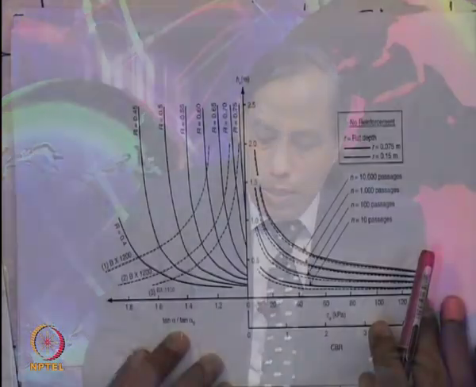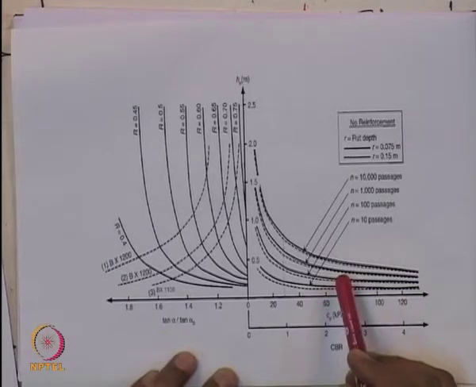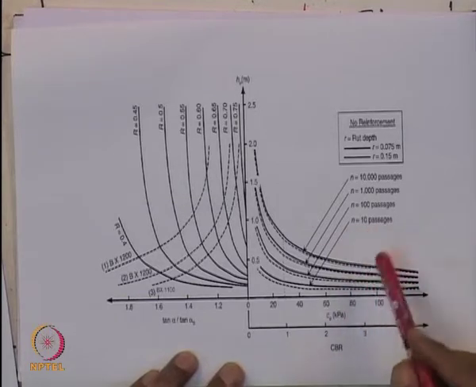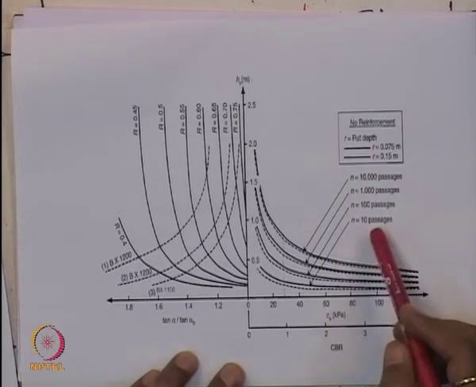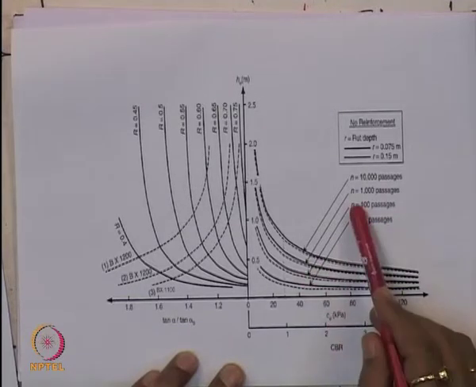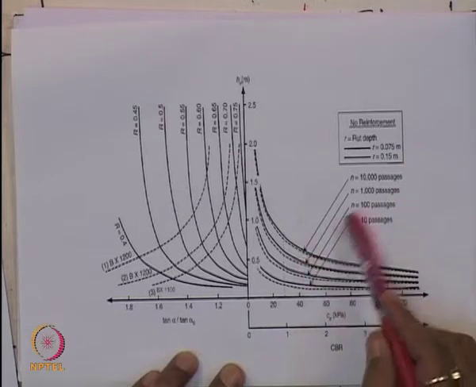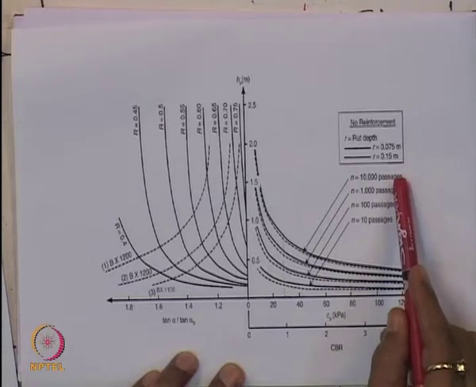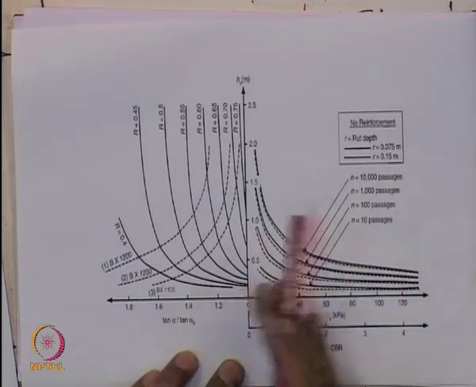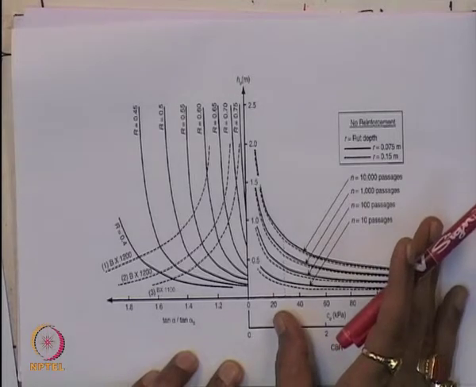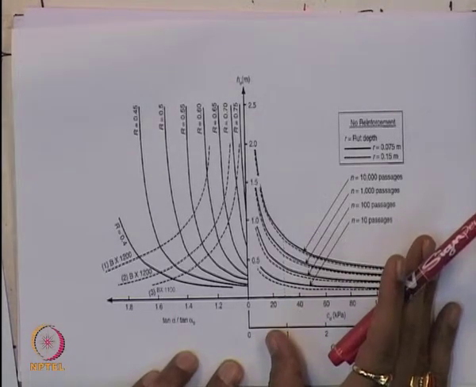So this is the design chart, and this is the standard axial load. I say that 80 kilonewton, and the number of vehicle passes n is equal to 10 passes, n is equal to 100 passes, n is equal to 1000 passes, and then n is equal to 10,000 passes. And this right hand side of the chart is for the unreinforced case. That means without geotextile, there is no reinforcement.